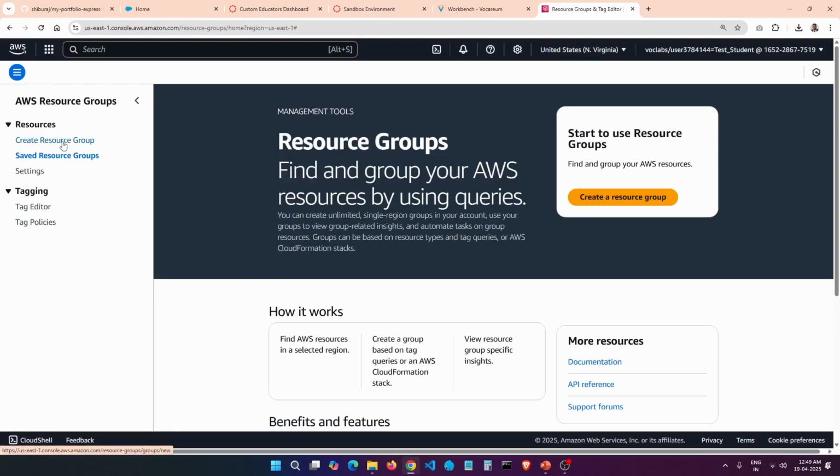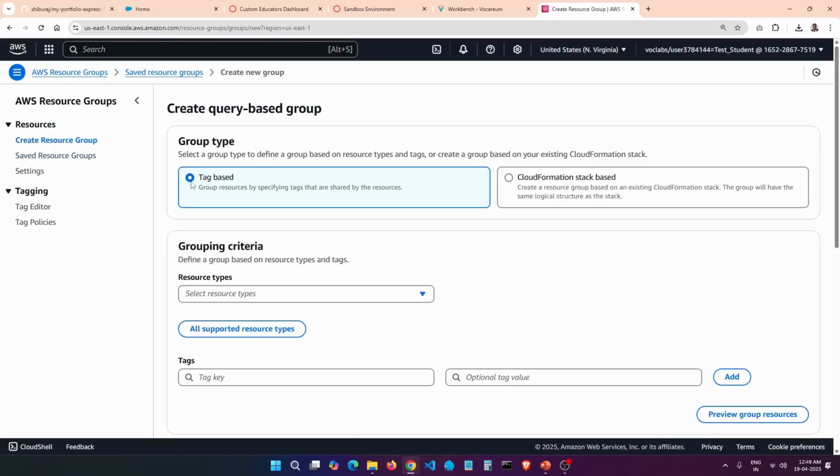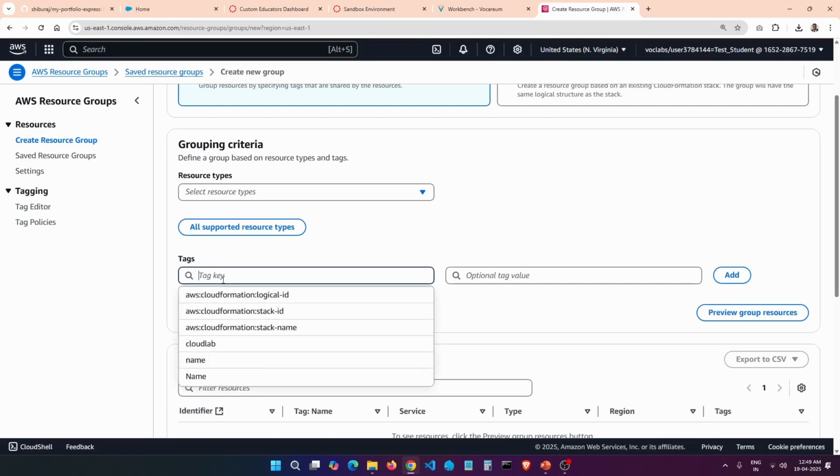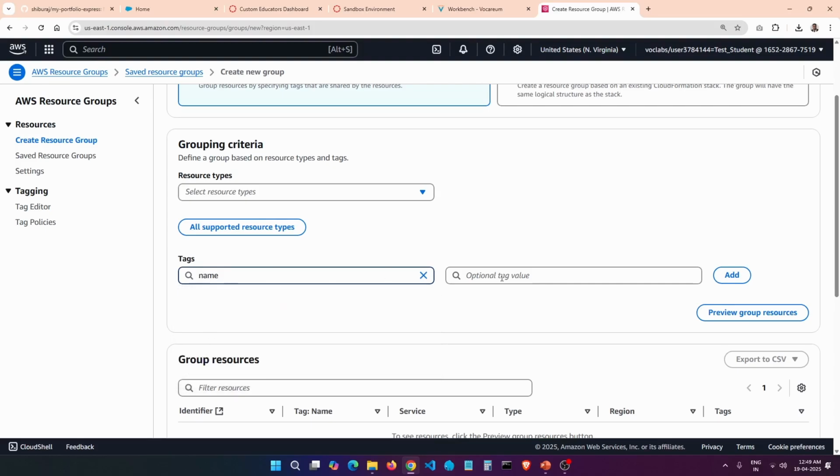Once you have added tags to every resource, you can group those resources with the help of this interface. Click on create a resource group and click on tagged resources, and here you have to select the tag that you used in all the other resources. If you recall, I selected name and portfolio. Let's click on preview,